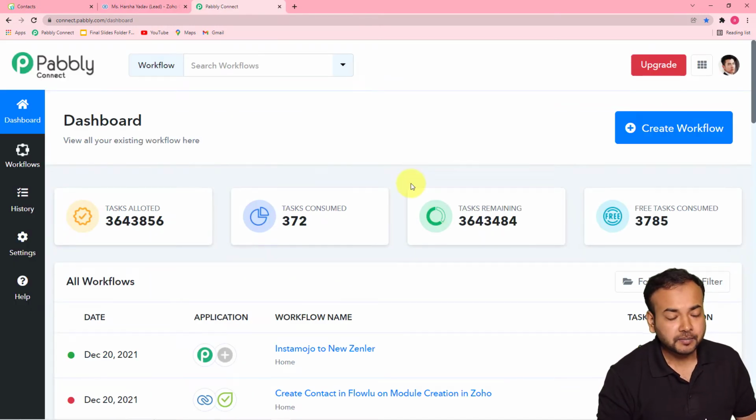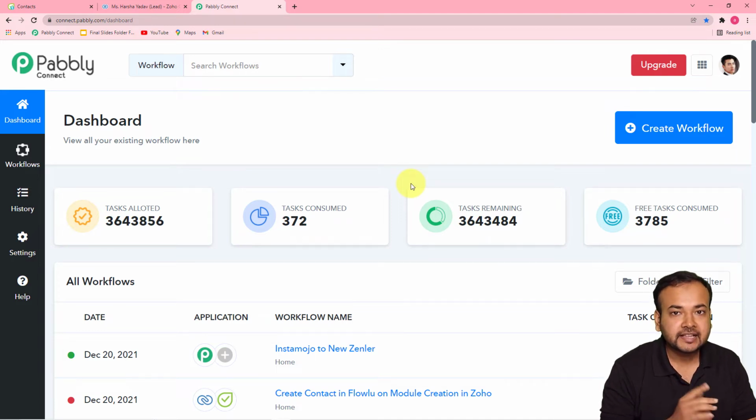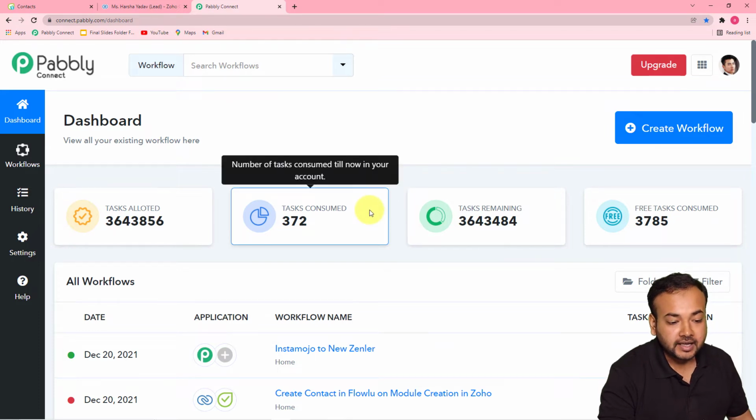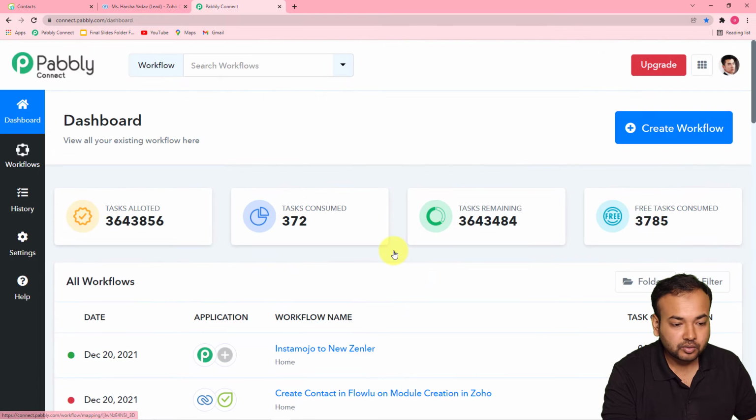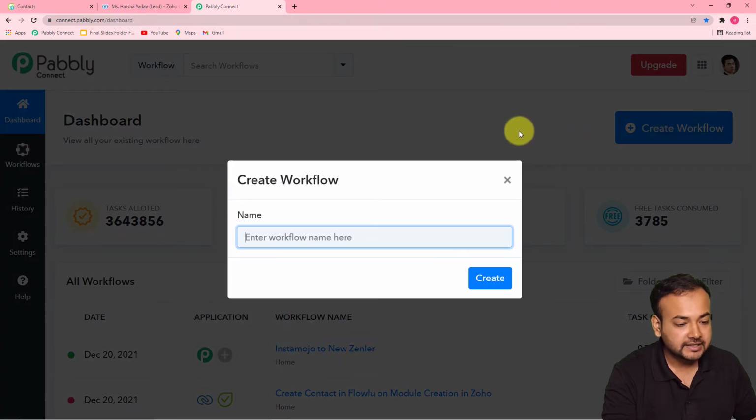So guys, the first step to create this automation is to reach here on the dashboard of Pabbly Connect, and you can reach here by signing in to Pabbly Connect. I have pasted the link of the page from where you can sign up in Pabbly Connect and log in. Okay, so do check that link, and after logging in you can reach the dashboard here like this. And guys, here you have to create a workflow of automation. So to start working, you just have to click here on the create workflow button like this, and here you can give any suitable name to your workflow also.